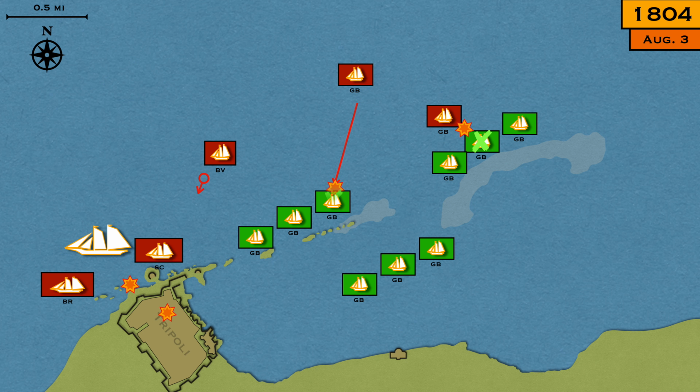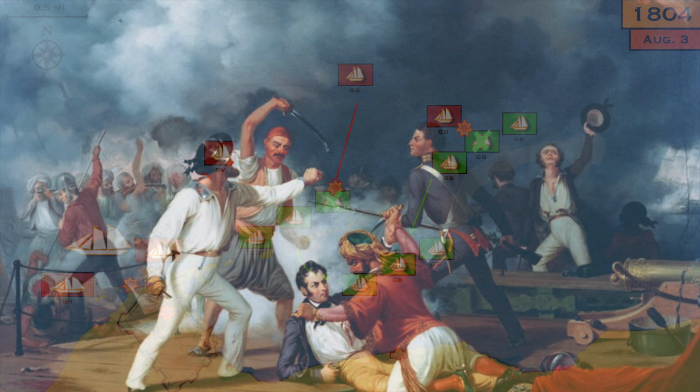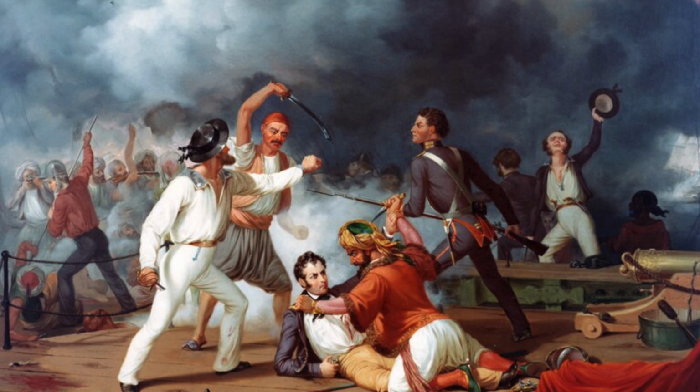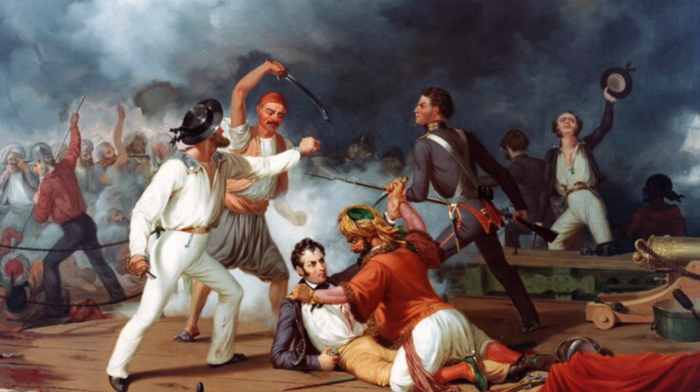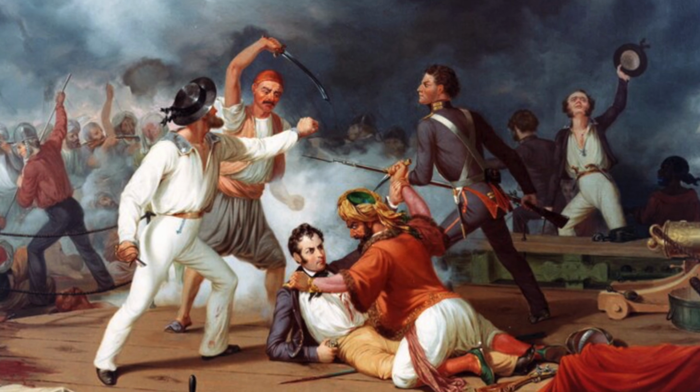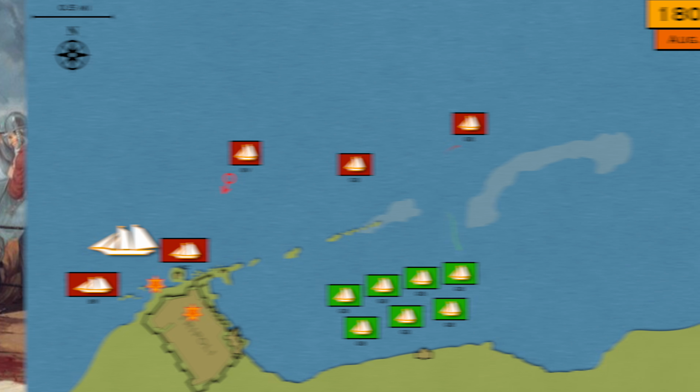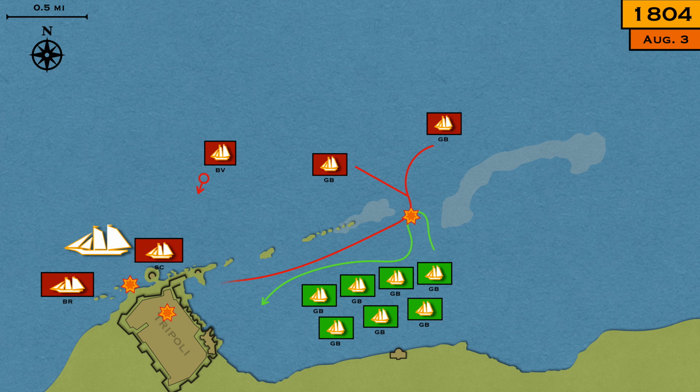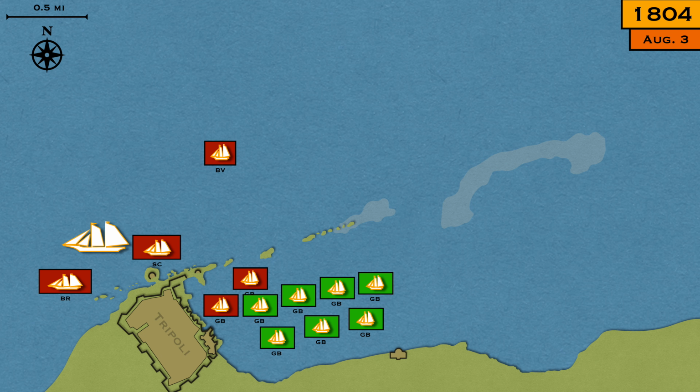Moving to intercept them, the American gunships attacked their Tripolitan counterparts, killing dozens, sinking 3 ships, and capturing another 3. The US sailors and Marines fought valiantly as they boarded the enemy ships, and only one American, John Decatur, the brother of Stephen, was killed. 2 hours later, the Americans disengaged, but they would be back.